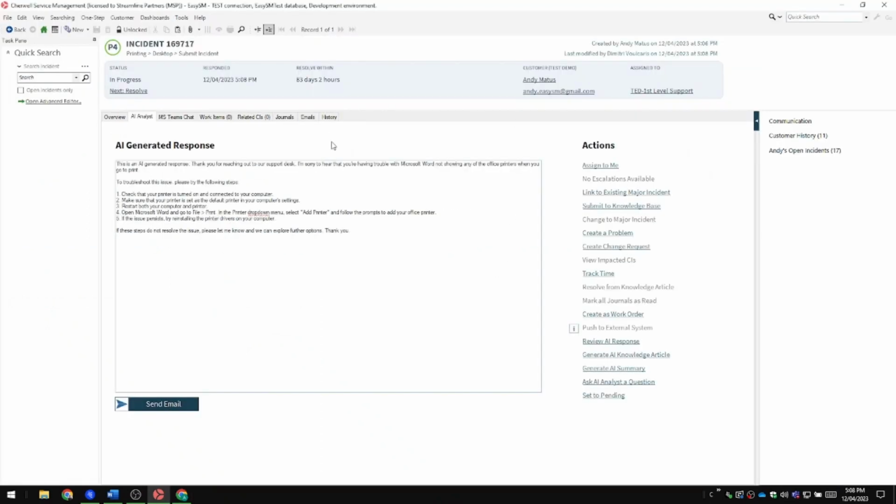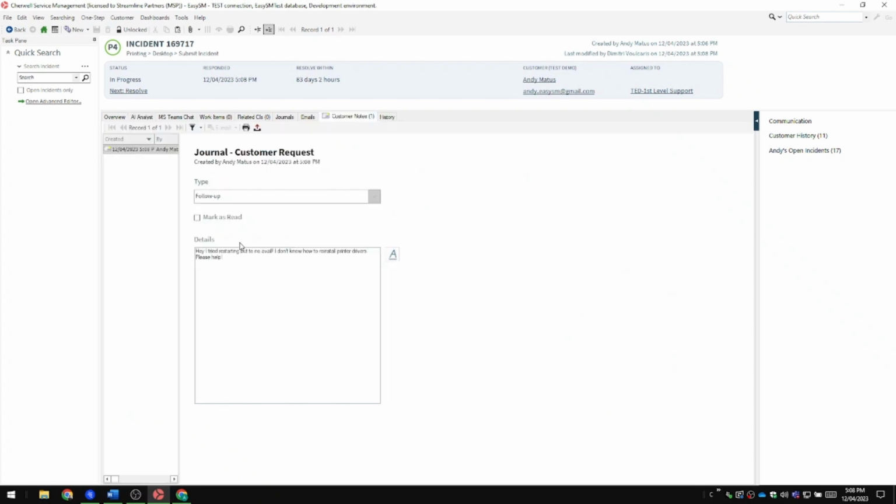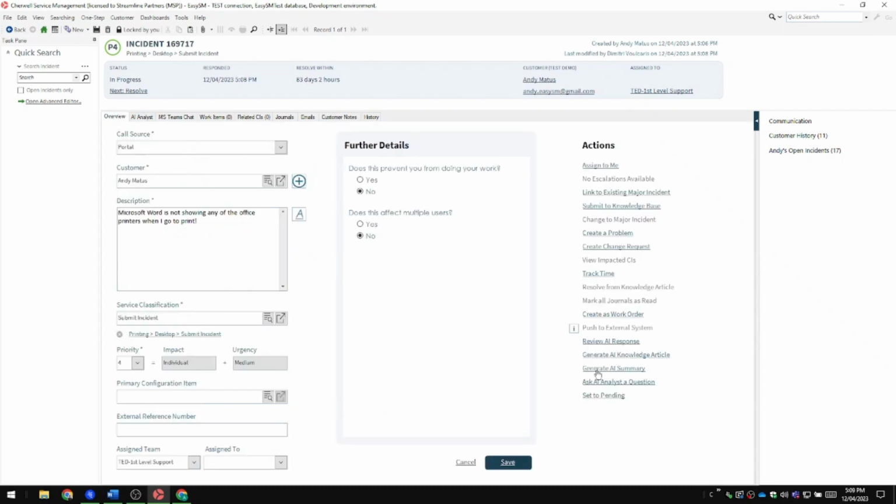So now, as the analyst, I can see that there's a new customer note here. I'm going to go ahead and mark that as read. And I don't really want to go through and explain how to reinstall the printer drivers, so I'm just going to assign this to someone else who can do that. So I'm going to assign this to Keith